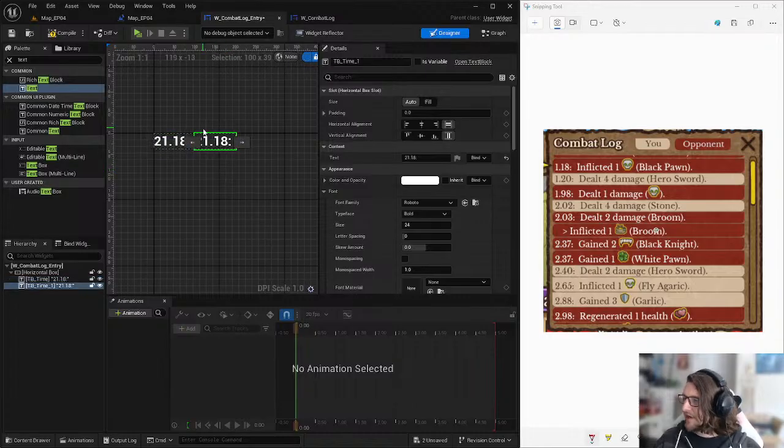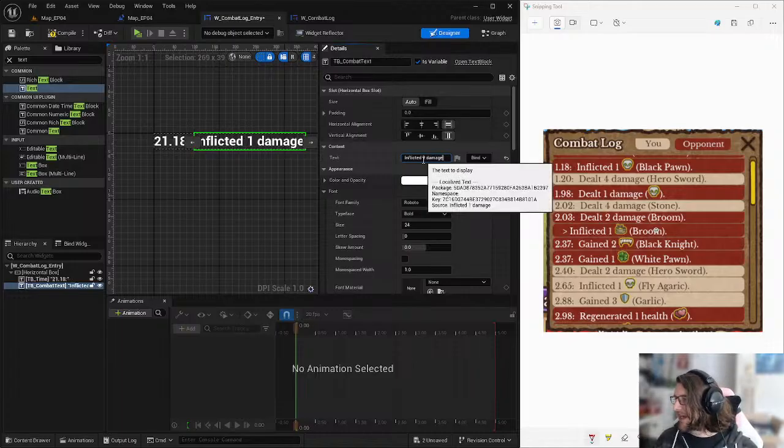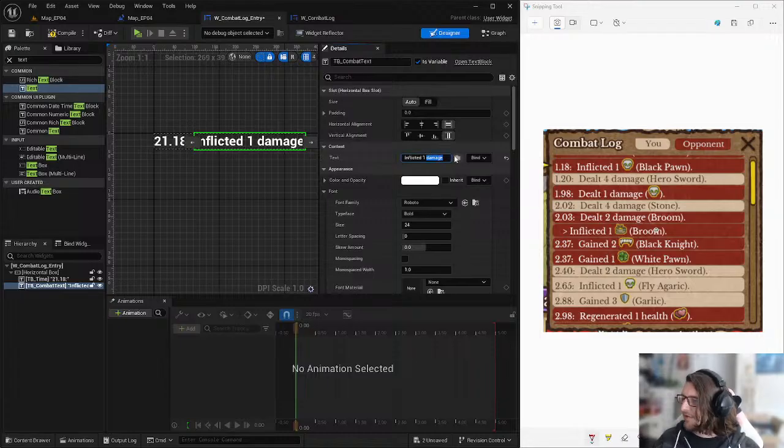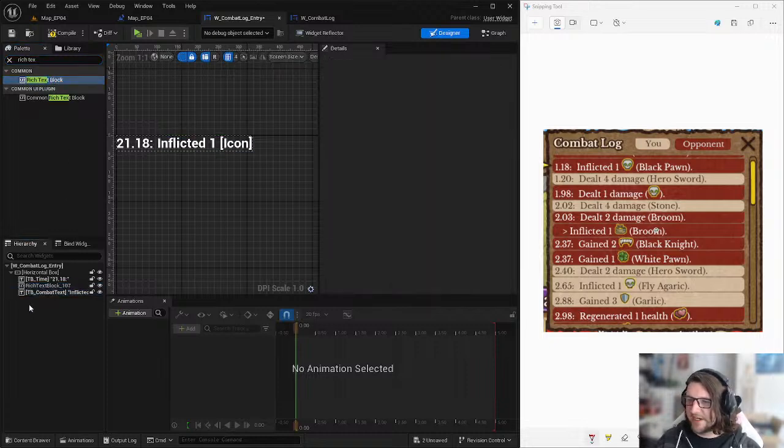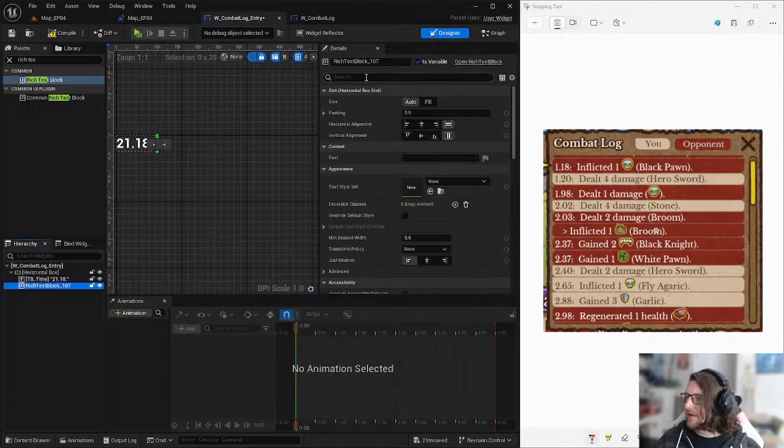Then we've got an element here, which is going to be our TB combat text. Oops. Actually goes at the top here. Make sure all of these are variables as well. So in our TB combat text, we've got something like inflicted 1, and then apparently you can have damage, or you can have an icon. And so this may actually need to be rich text in this one's case, because of what rich text allows us to do. If we go in here, rich text block underscore combat info,